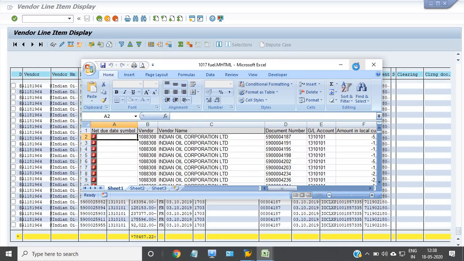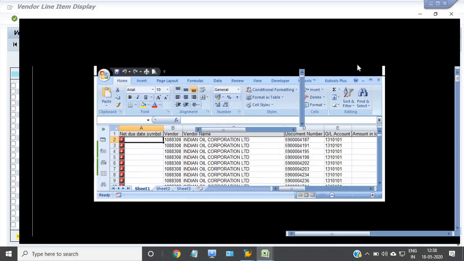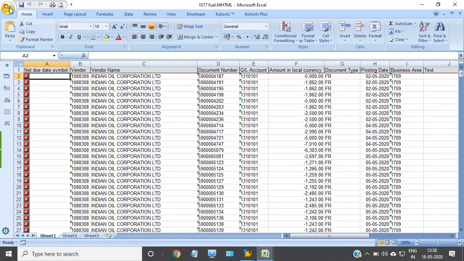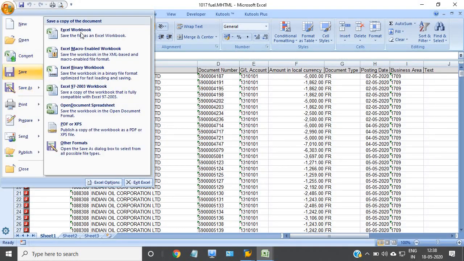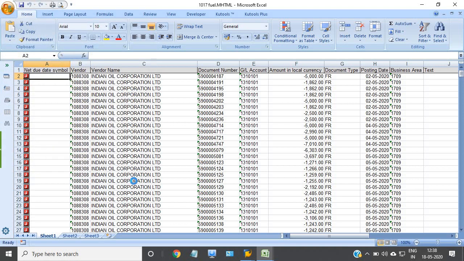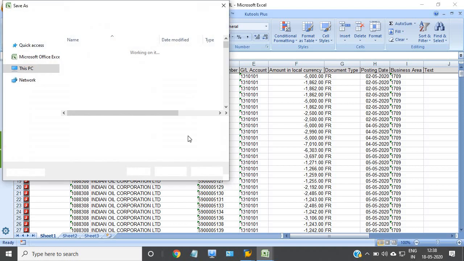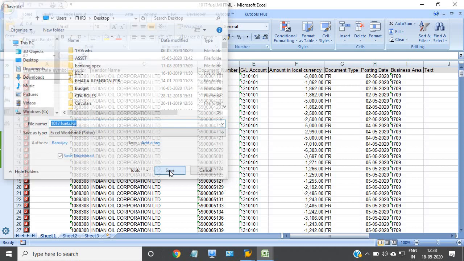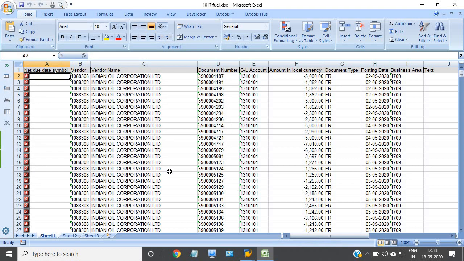See, now click on save as Excel, because now in the Excel format, the vendor wise detail is now available here.